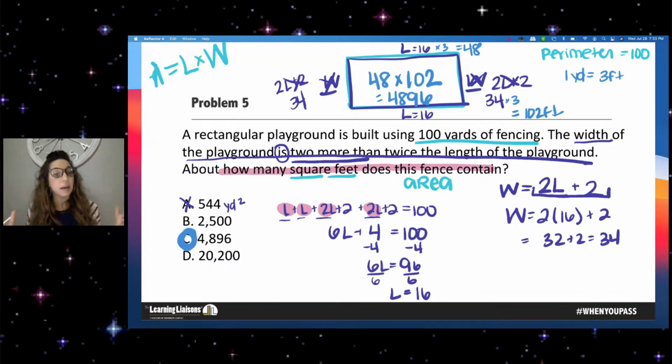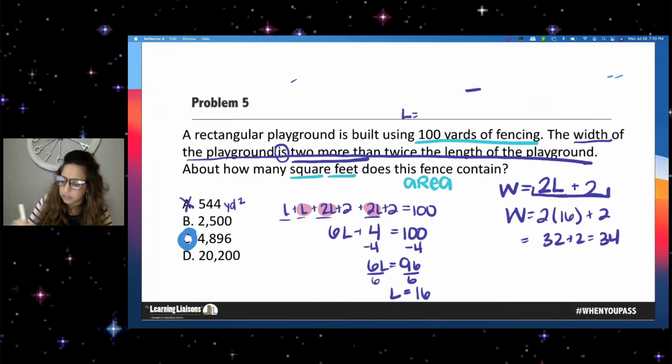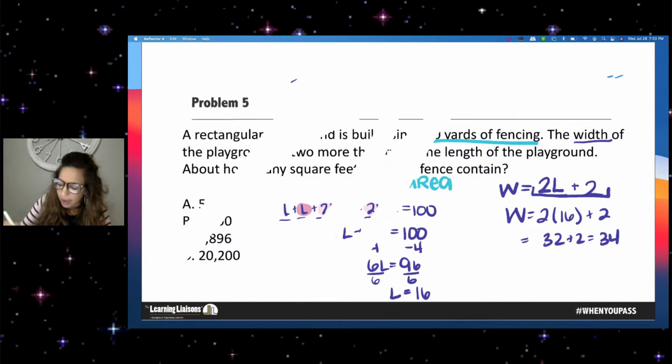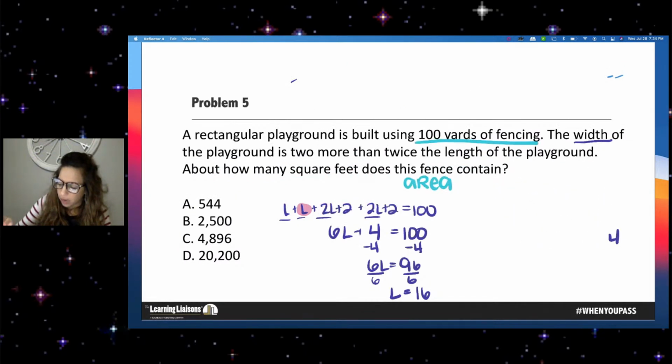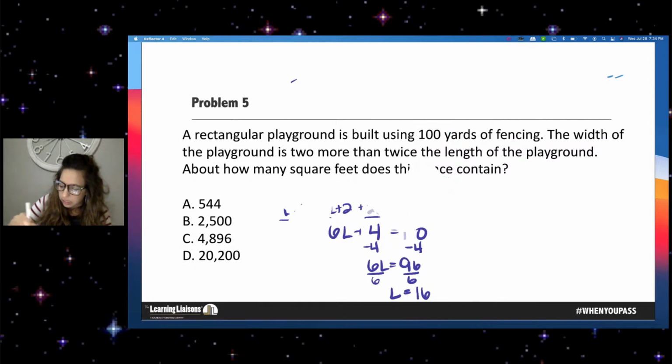Now, some of you were wondering why I did something plus 2 and not 2 plus something. Let's talk about that real quick. I'm going to duplicate this slide so I don't run out of space here and erase all of this. Why did I do something plus 2 and not 2 plus something?